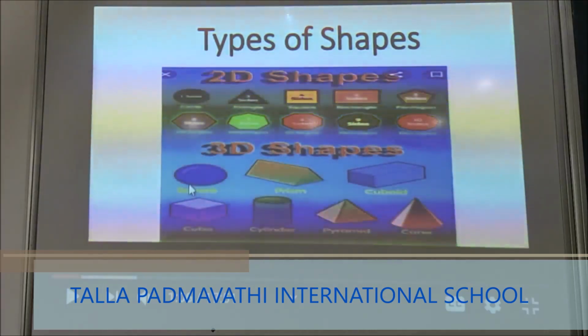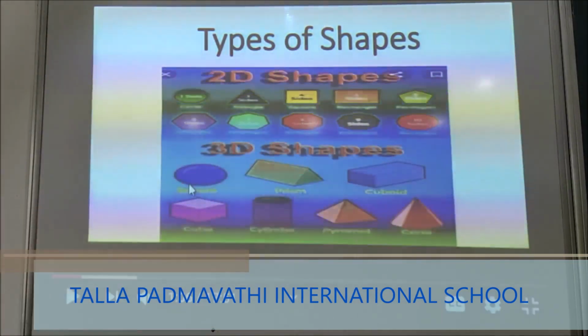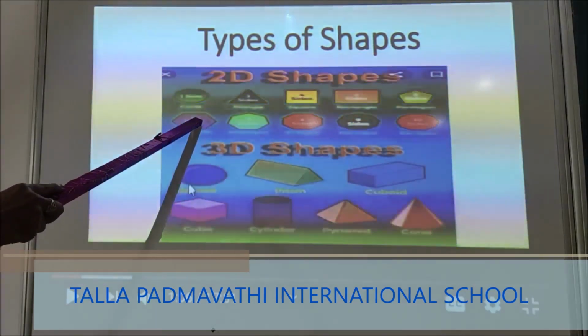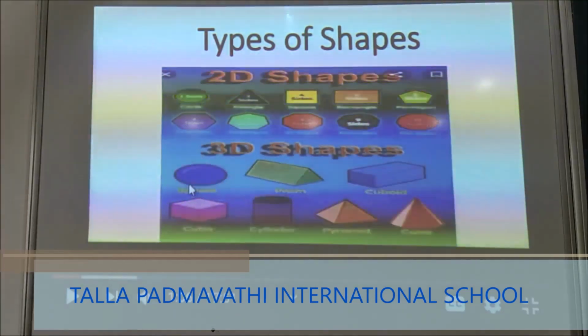So let us see the first one. Here it has 5 sides. The polygon which has 5 sides is called a pentagon. The next one here is with 6 sides. The polygon with 6 sides is called a hexagon. Hexa stands for 6.